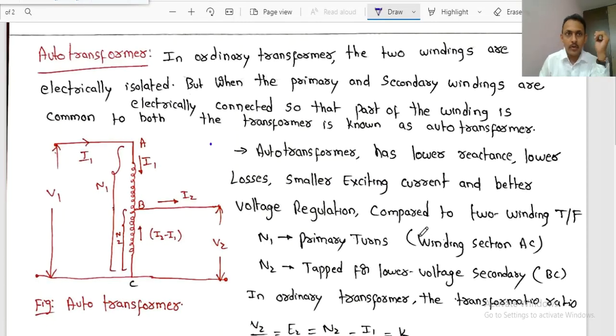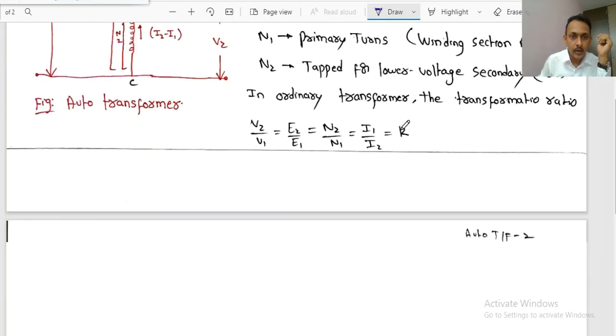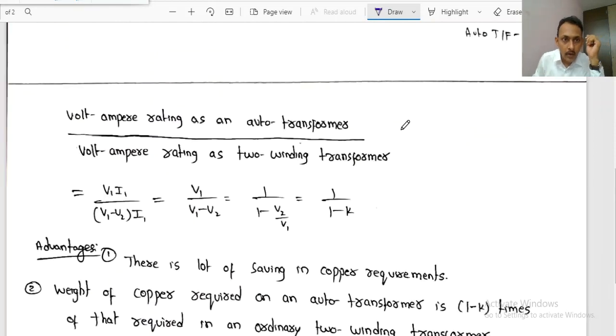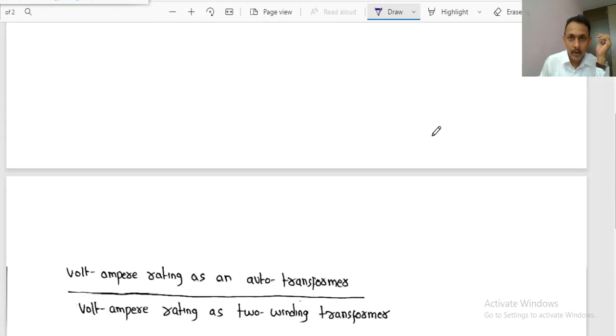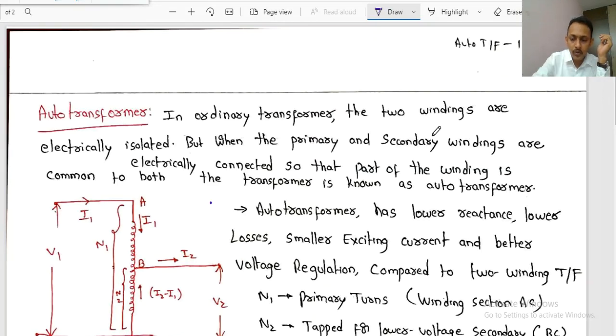In this video, we are going to discuss the autotransformer, its circuit diagram, the volt-ampere rating of an autotransformer to the volt-ampere rating of a two winding transformer, and its advantages. Right? If you observe, with respect to the ordinary two winding transformer and an